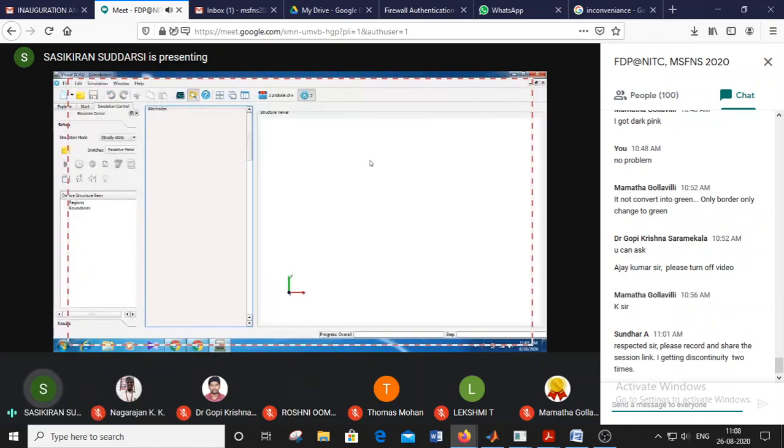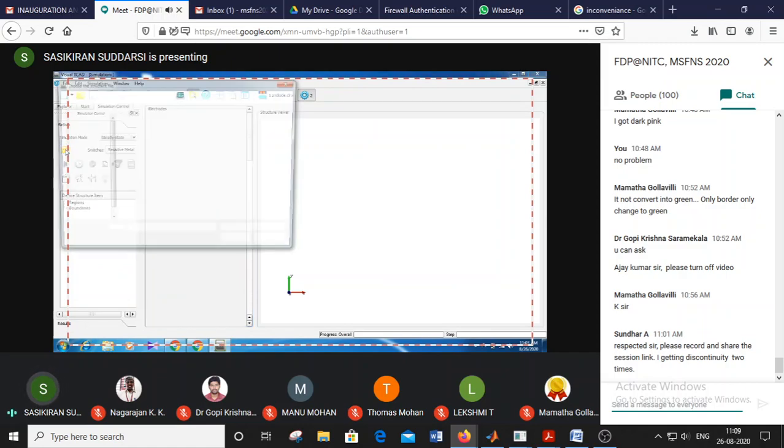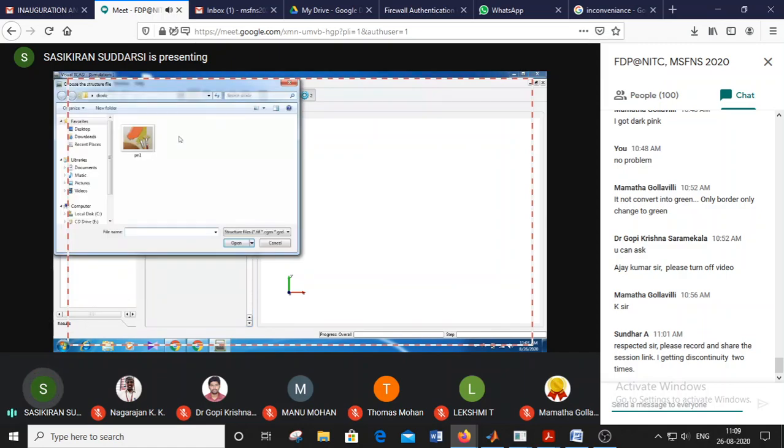So it will load the device with the electrodes. Now we can browse that TIFF file here, using the load icon. Here we have a default diode folder.